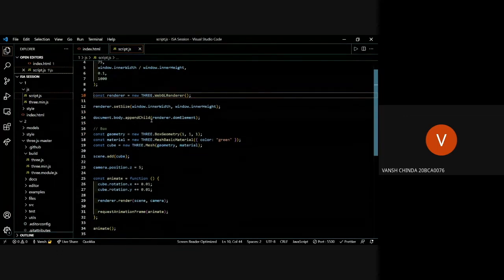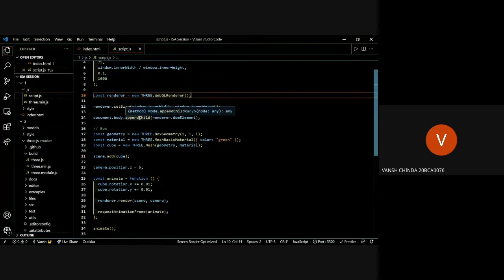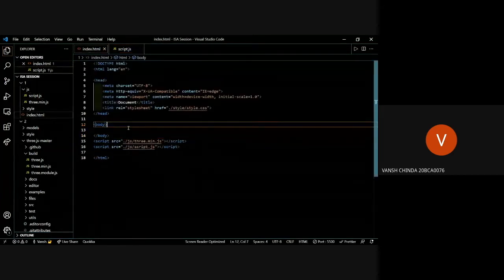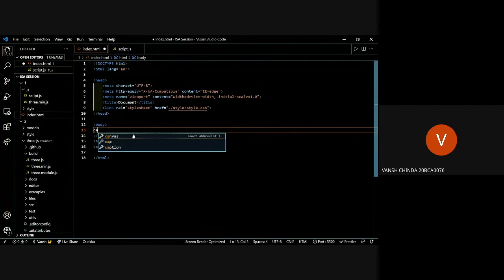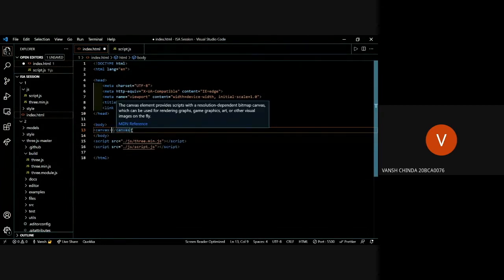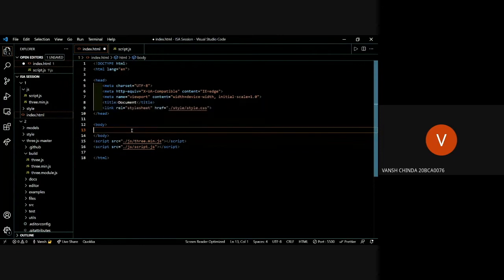Next, what are we doing here? What you will usually do is add a canvas tag here, but we are not doing that. Why? When we use a canvas tag, you can add other HTML elements on top of it. It's basically just a canvas.